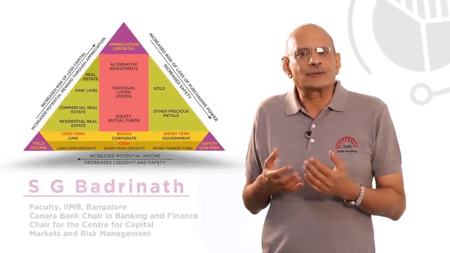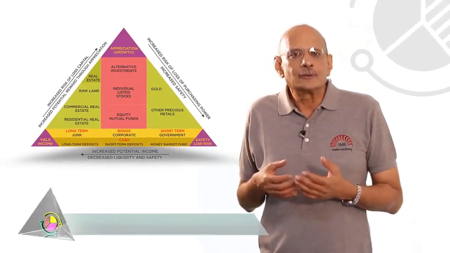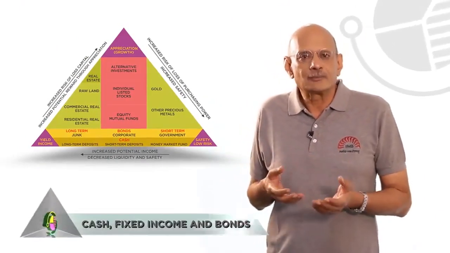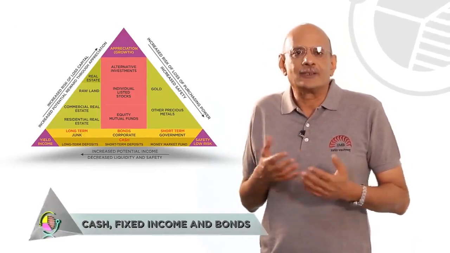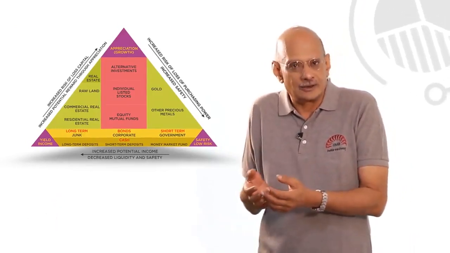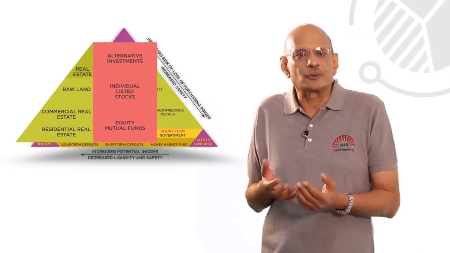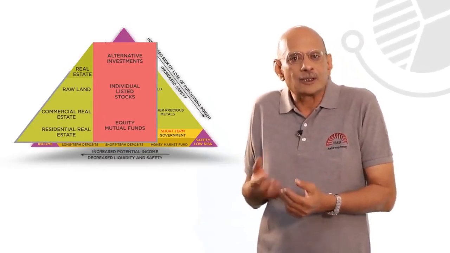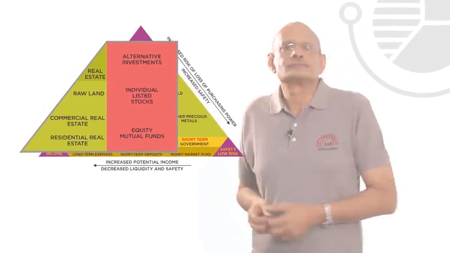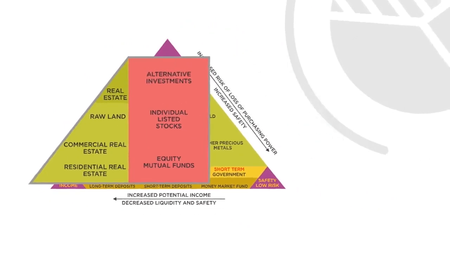In this module, we will be continuing to look at the framework for evaluating investment opportunities. Earlier, we had looked at cash, fixed income, and bonds as different investment opportunities that investors could engage in. Now, we will start looking at how these rewards from those investment opportunities matter when it comes to evaluating them in terms of risk. The pyramid here lists stocks and then real estate.